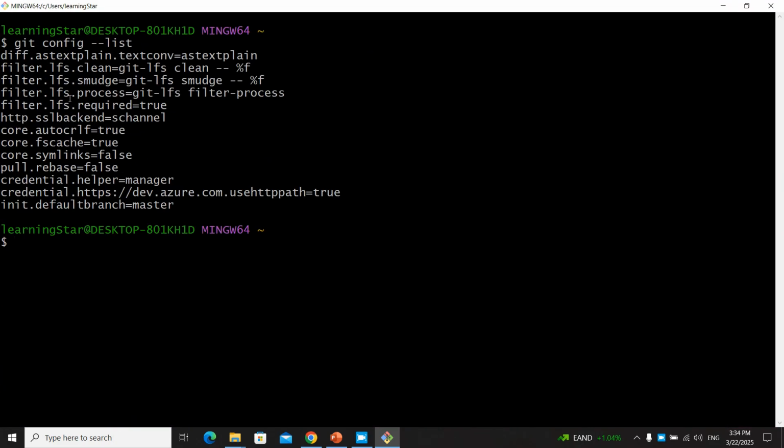Let me zoom in a little if I can. What it does is give us the properties of the Git that we have. You see, it gave us lots of data, but the thing I want the most is the name and the username. You can get it from here. I don't know why it's not coming out, but you can get it by writing git config